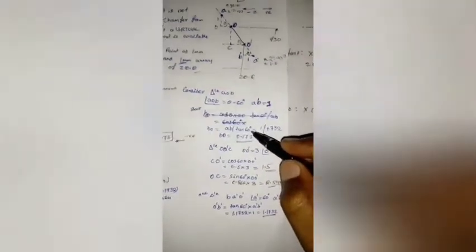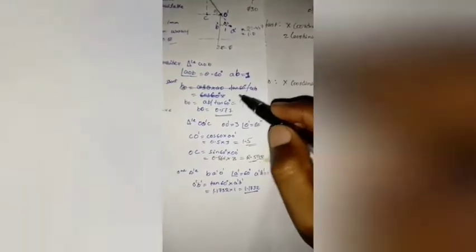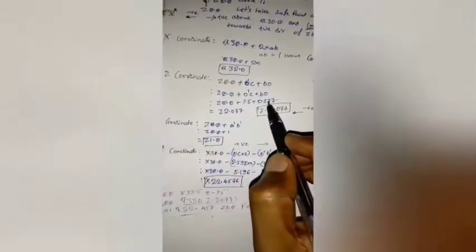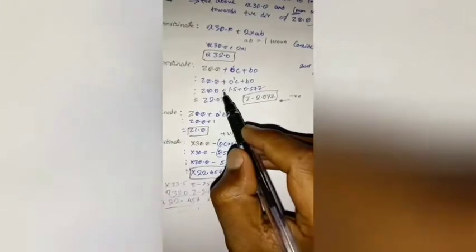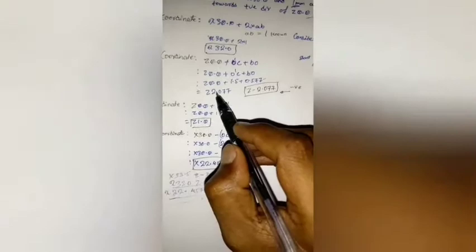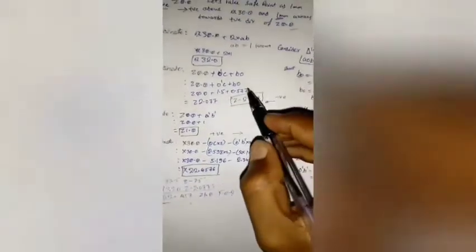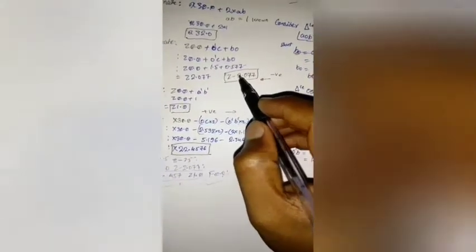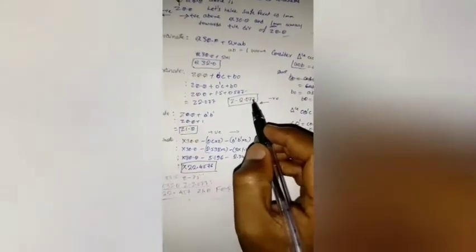That is equal to 1 divided by 1.732. The value of tan 60 is 1.732. So on simplification, if I calculate, BO will become 0.577. This value I'm going to put here, already put here. So Z0.0 plus 1.5 plus 0.577. So on summation, I'll get Z2.077. I'll add the sign as negative because the tool is moving in the negative direction from 0.0. So this value is kept as negative value.